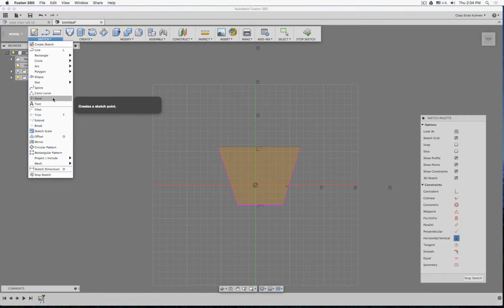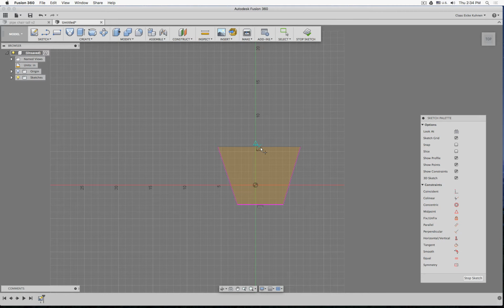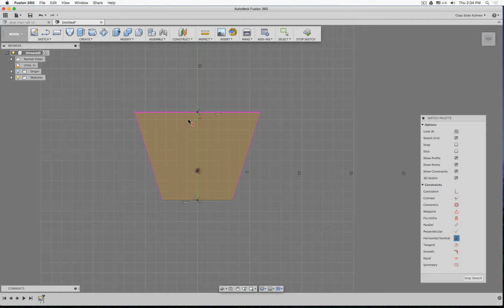From the beginning I want to make this sketch also centered to my world or my sketch center point. So midpoint to midpoint, midpoint to the center point. Great. So this is very important that this one is centered at the center and not aligned to the left or the right side. Then we can plug in some dimensions, 17.5,